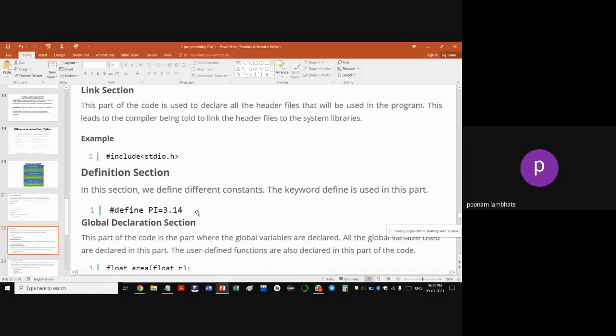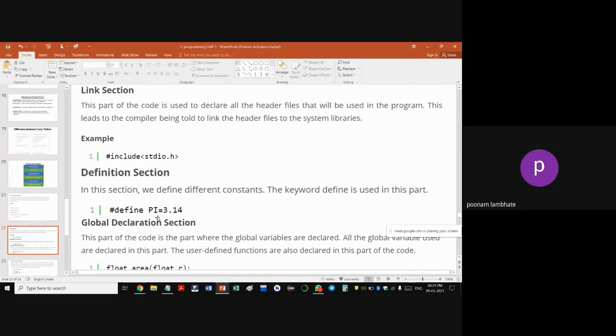A constant is a variable whose value will not change throughout your program. Like the constant pi, the value is 3.14, or if you want, you can give 3.1415 or however many digits after the decimal point. Whenever you use the variable name pi, always the value 3.14 will come because pi is a constant.